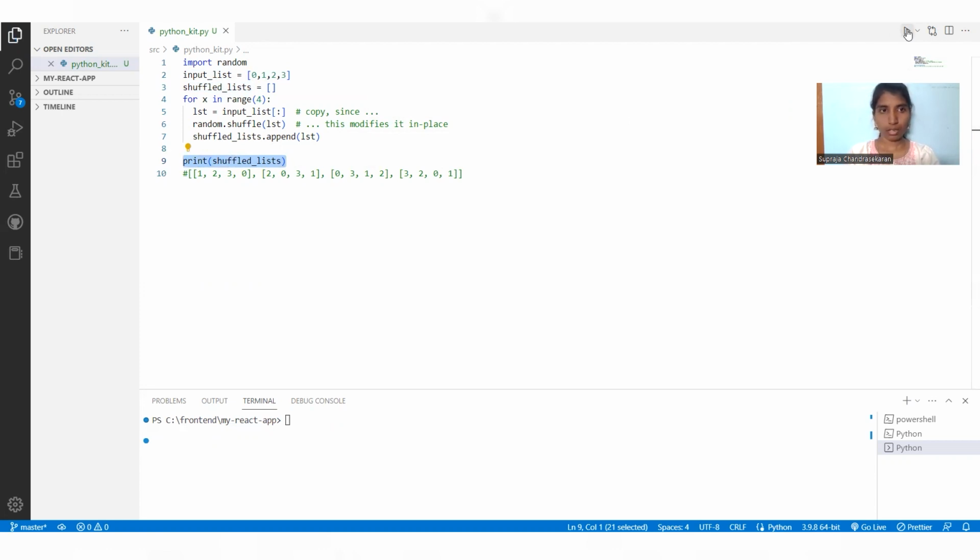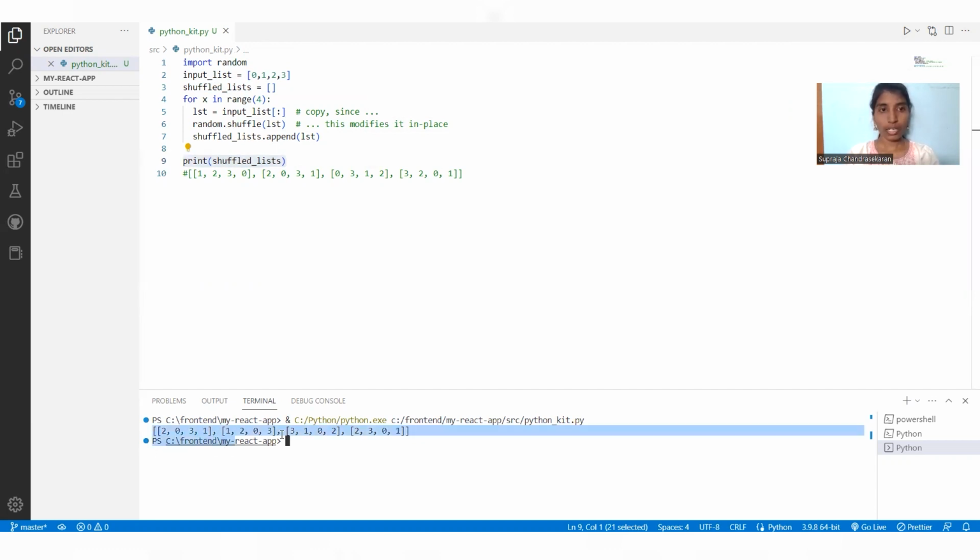Now we can run this code. Here we can see the output. It generates the 4 lists, and here all the elements are same, but the order is different. This is because we are using